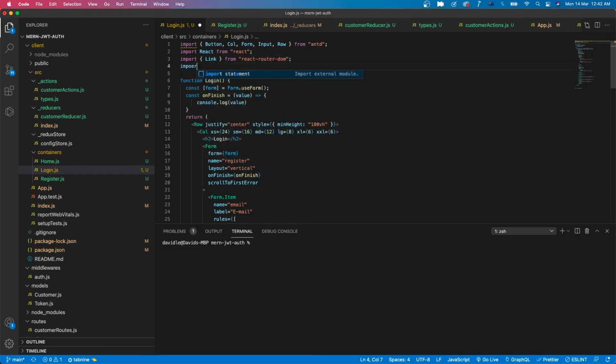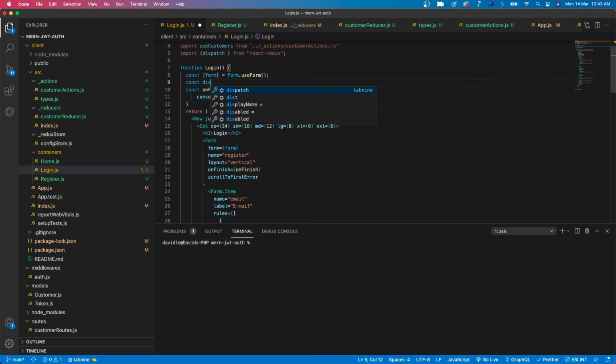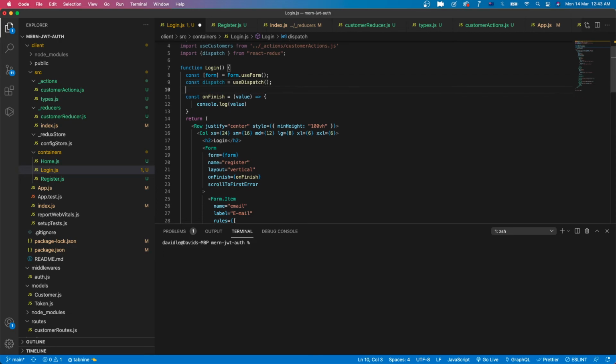Then I save the file and go back to the login screen, and from here I will import use customer from action, customer action, and also import dispatch from React Redux, and then dispatch equal use dispatch, and then customer login here, dispatch customer login value